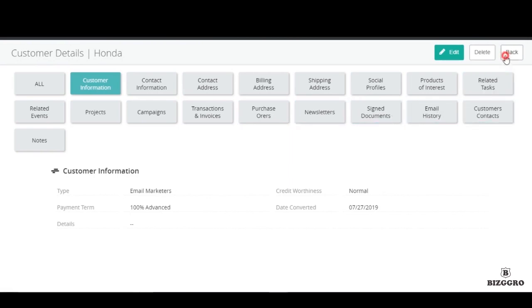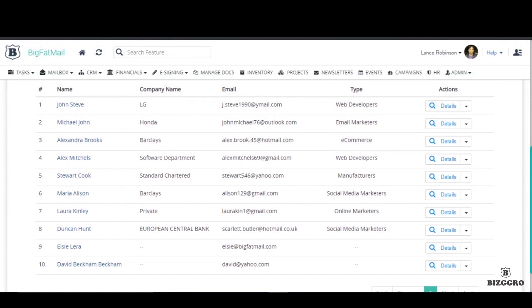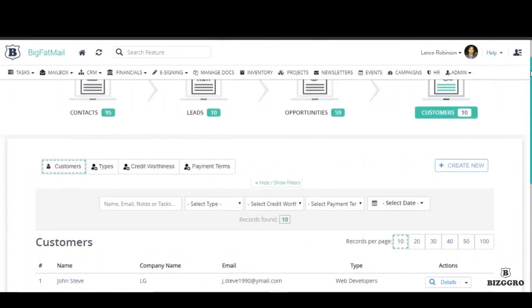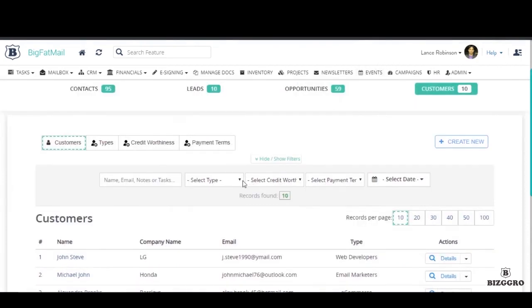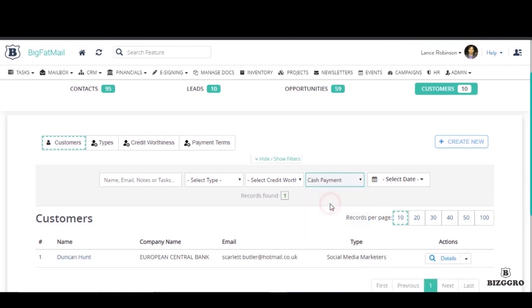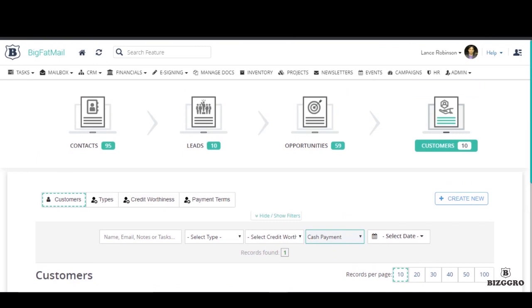It's helpful to keep adding new information as you find it out, as it will help you get a clearer profile of each of your customers and serve them better. You can also filter those on your customer database by types, creditworthiness, and payment terms, as you can see me doing now. The final menu item under the CRM tab is the consent form for the EU GDPR policy